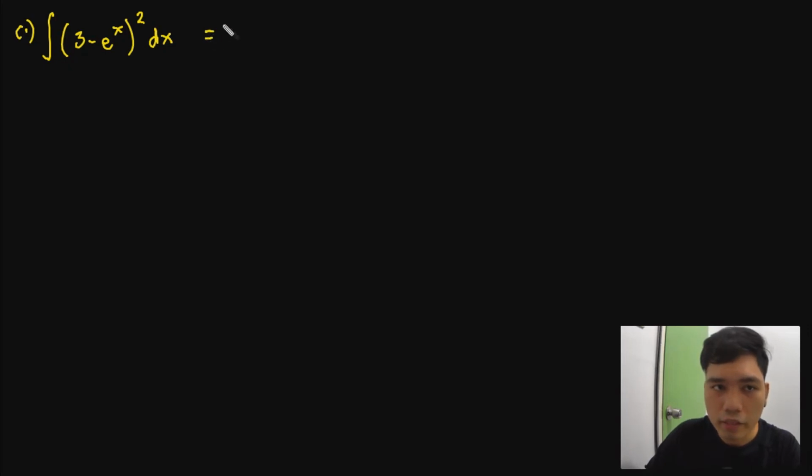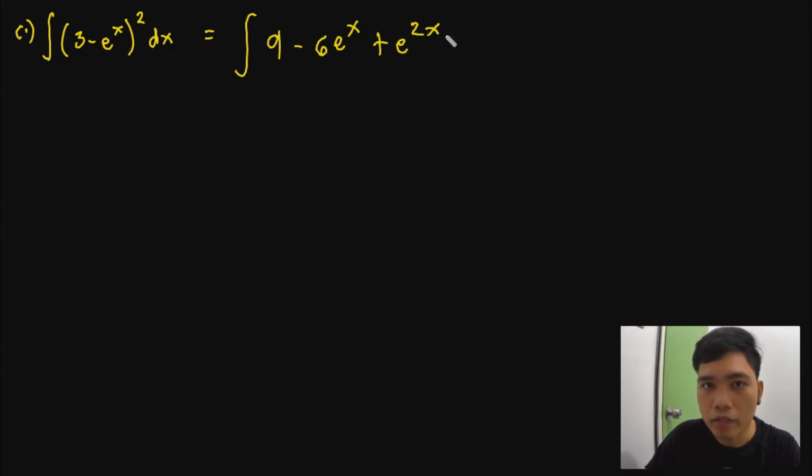So, in this case, the integral would be something like 9 minus, so mag-expand lang ako, no? So, diba, this is 3 e to the x times 2, so that becomes 6 e to the x, and then plus e to the 2x, okay, and then dx, okay? So, in this case, as you can see, pwede natin siyang integrate directly, no? Kasi sila ay fitting integrand. So, with this, the integral would be 9x. Okay? Kasi ito is constant, so